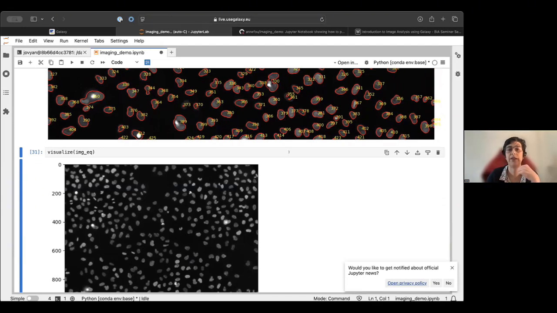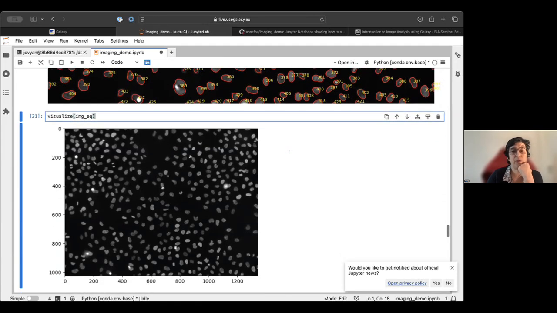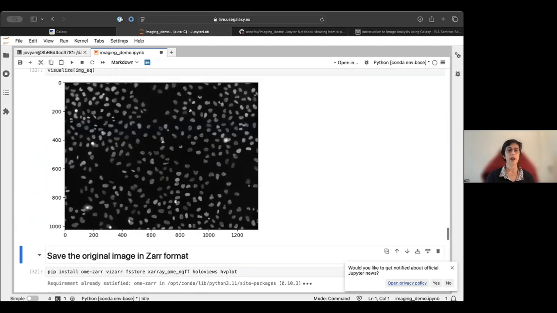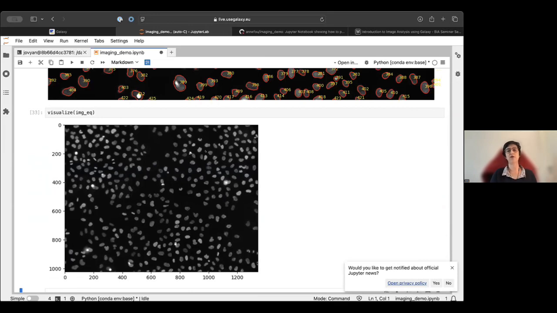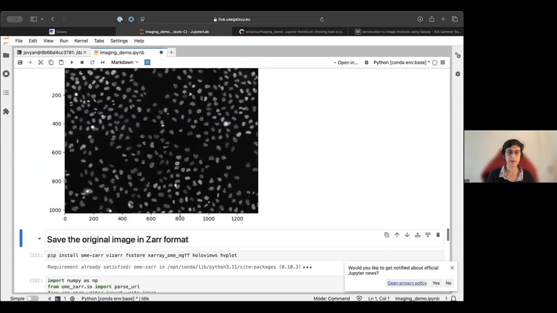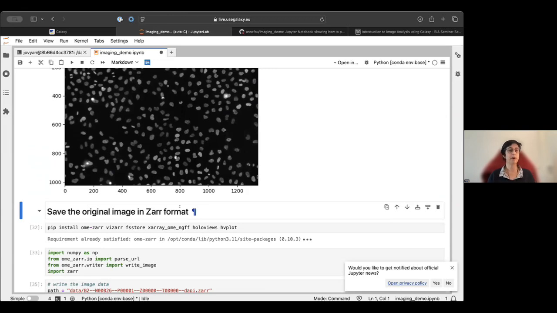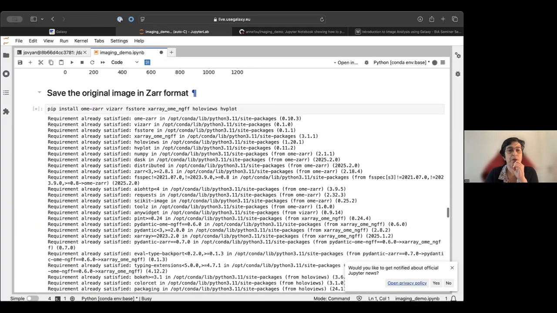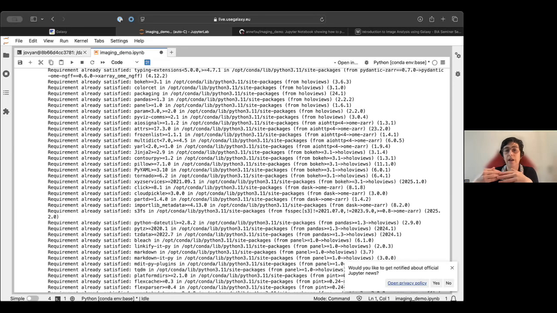And here you have the full Python ecosystem, and you can install any new packages. So, for instance, I wanted to show you here. I still have a bit of time, I hope. So here I'm going back to one of the images we had at the beginning, where we can see all the different cells. And I wanted to show you, for instance, we can save the image in a different format. So here I'm trying to use the OME-Zarr format. It's maybe not super relevant because this image is originally a TIFF format, but this is to show you what we can do. So as a prototype, I can install new packages.